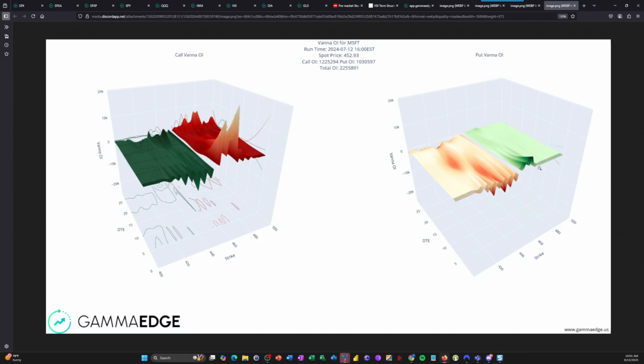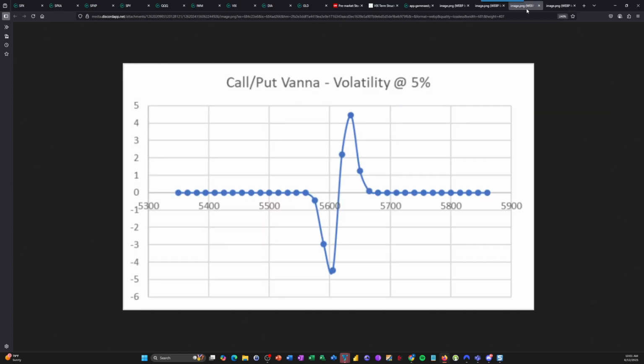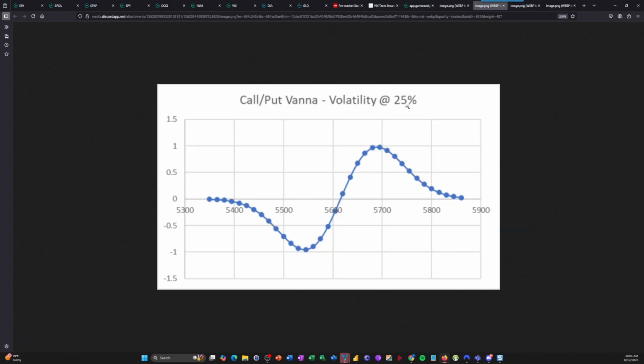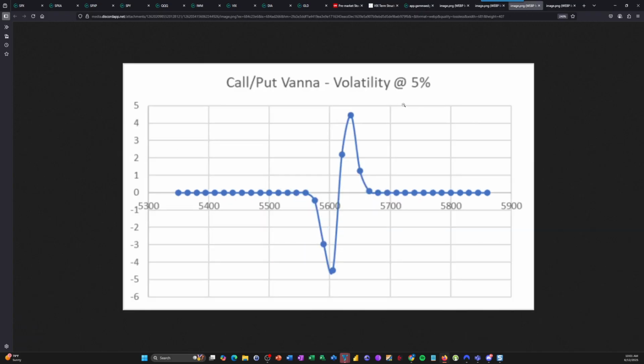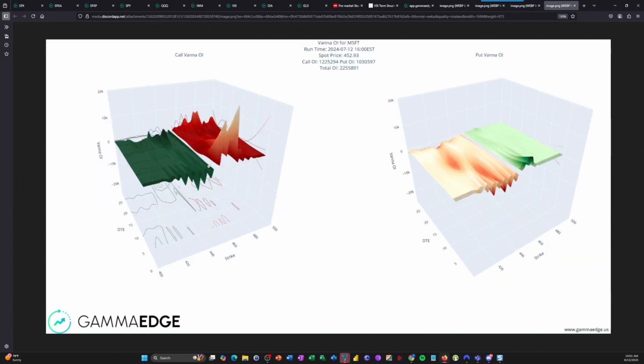We're squeezing the balloon, magnifying the amplitude relative to where we were, 25% vol down to 5. I know that's not realistic, but it shows the point. So as vol collapses, we're amplifying that imbalance. We're amplifying what happens in the right-hand plane. So why is that important in the big picture of things?